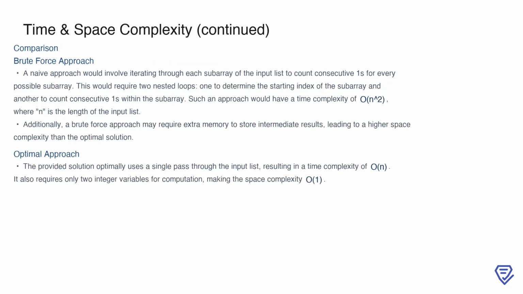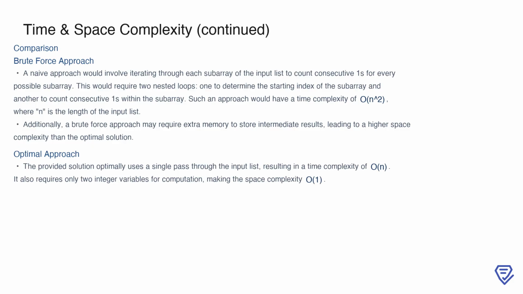To put this into perspective, let's compare the optimal approach with a brute force solution. A naive method would involve iterating through every possible subarray of the input list to count consecutive ones. This would require two nested loops, the outer loop to determine the starting index of each subarray and the inner loop to count ones within that subarray. Consequently, the time complexity of such an approach would be O(n squared), which is significantly less efficient than our O(n)